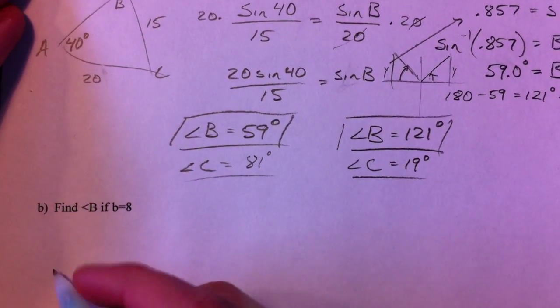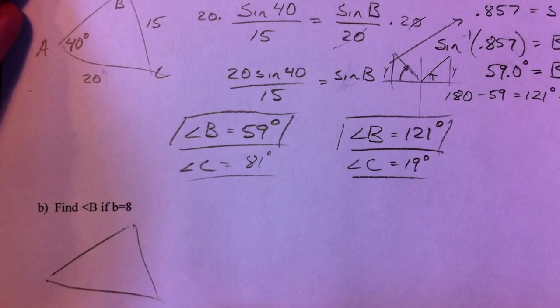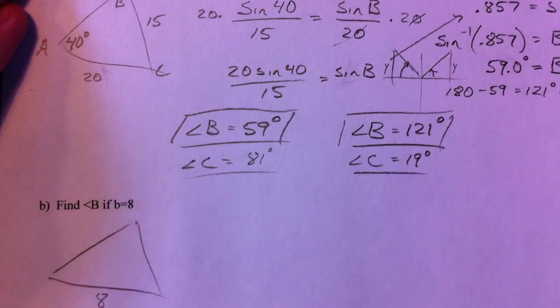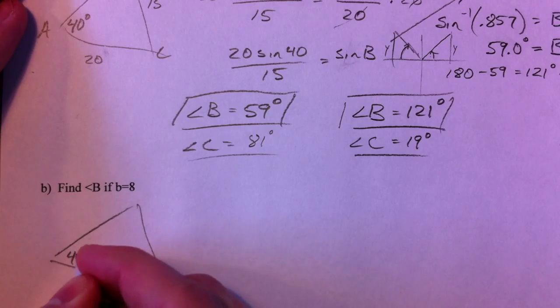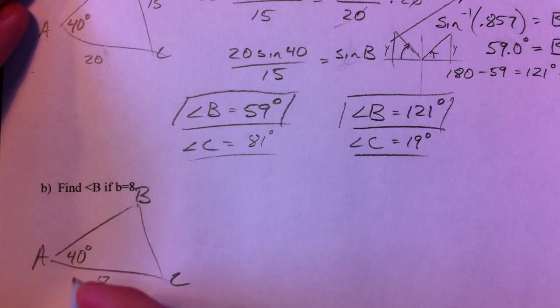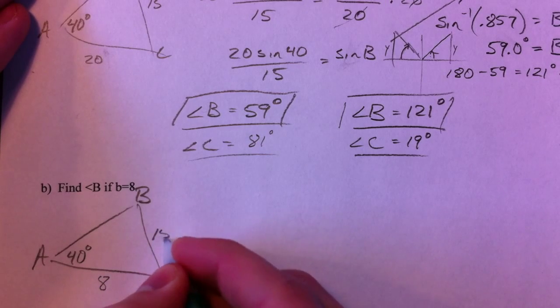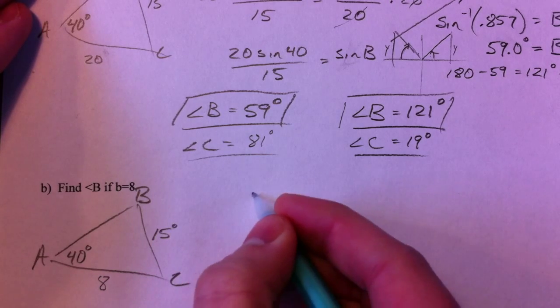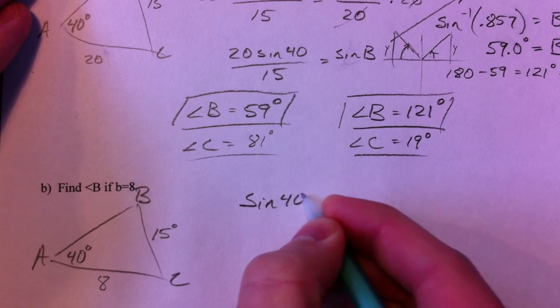So, new triangle. What if the side is 8? This is still A, B, C. Angle A is still 40. Side A is still 15. And so I'm still going to set up sine of 40 over